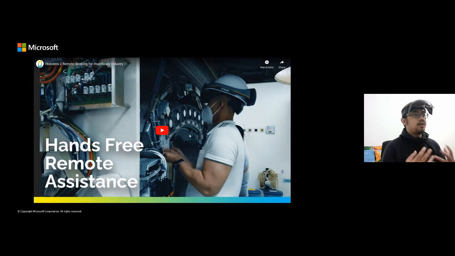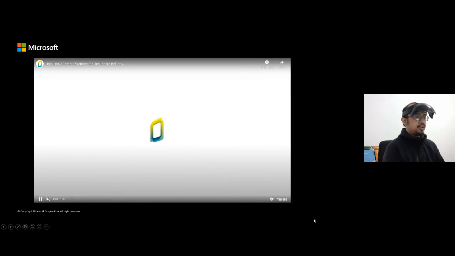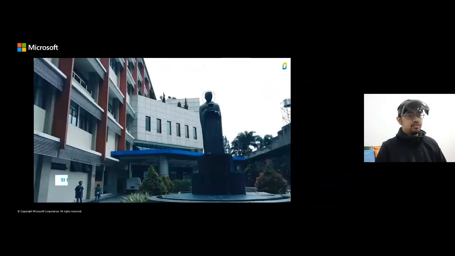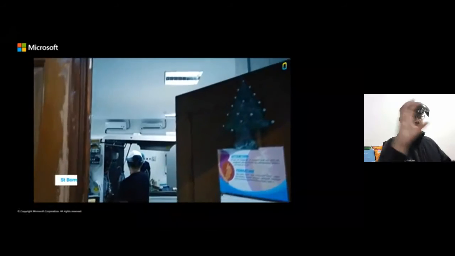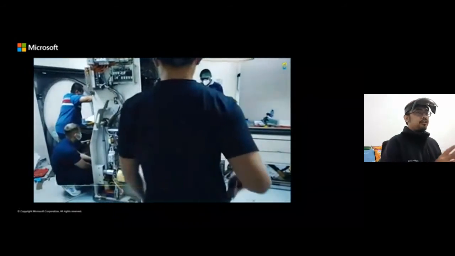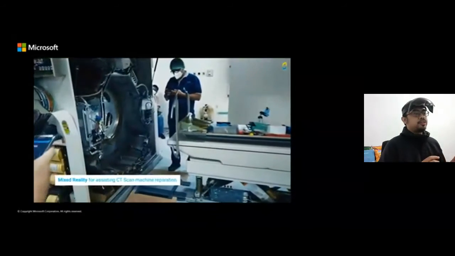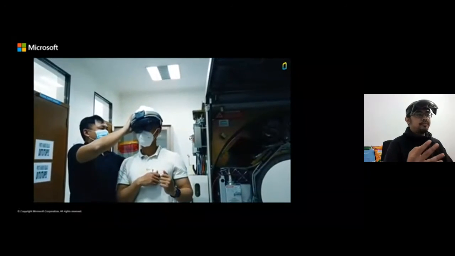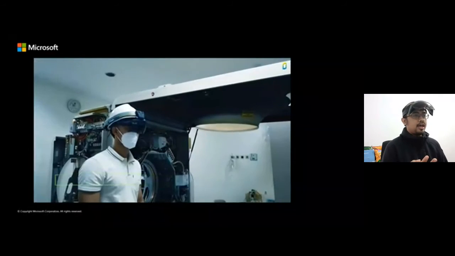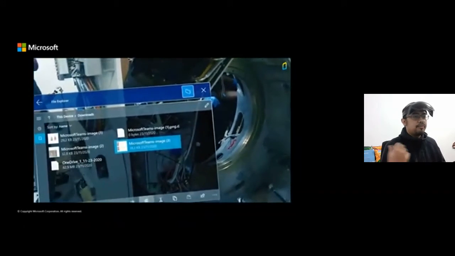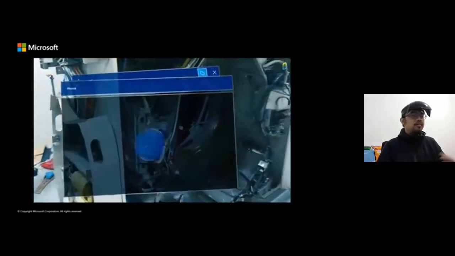This is one of our projects also with Philips. Philips in Indonesia is working on a healthcare solution at a hospital in another city. Again, the main office is still in Jakarta, and this implementation is in another city far away from Jakarta. This is so helpful for people in that region who want to inspect their machinery, some healthcare machines in the field, and need to connect to an expert in another place, in Jakarta, or maybe in Germany, in the US, or elsewhere.